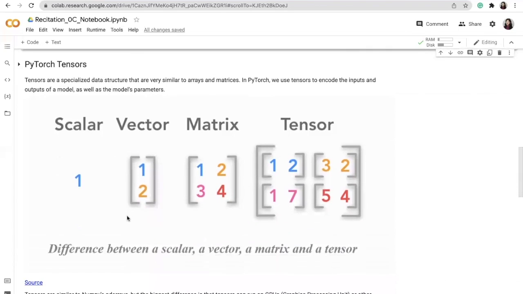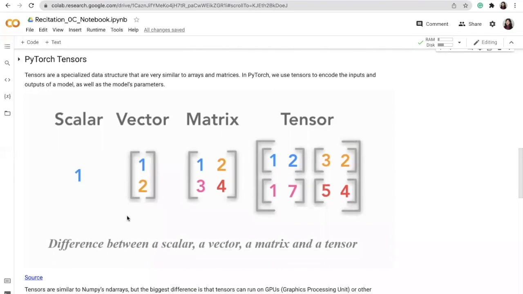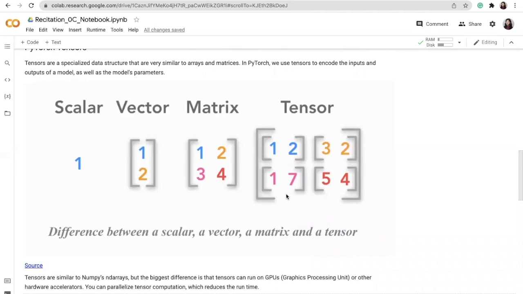Now coming to PyTorch tensors. For those of you who are familiar with the NumPy library, you'll see that tensors are very similar to what we call NumPy arrays, right? A scalar is a zero-dimensional unit that you can think of. Then vectors and matrices are 1-D and 2-D data structures that we have with us. A tensor is nothing but an n-dimensional generalization of all these different data structures. So this is the basic difference between scalar, vector, matrix, and tensor. A tensor could be any n-dimensional data array that you have.